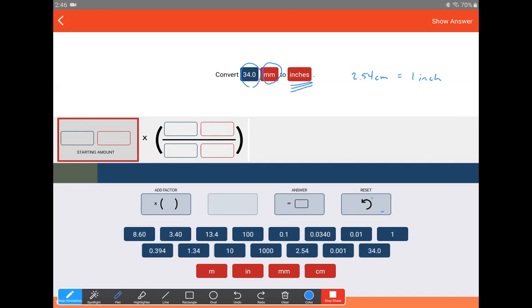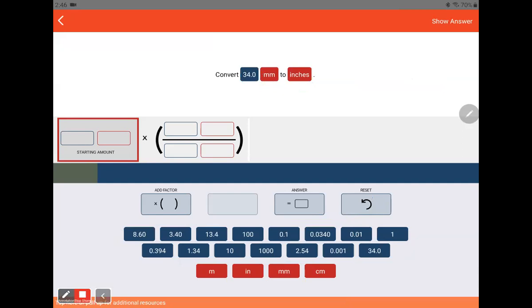Now you could figure that out. You could look on Google, but what you'll see is that conversion is not represented down here. And so we need to use what we have down here and our typical equalities or conversions in this case. So here we're going to start with what we have. So 34